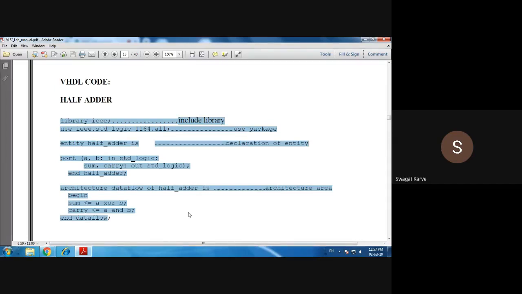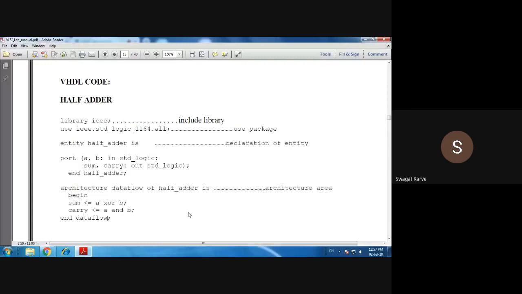Simple 11 line program, you are required to design a simple half adder circuit. Now if I ask you to do the same thing with the help of different ICs on a breadboard and different connections, how much time will it take? Or even if I ask you to design the half adder circuit with the help of a microprocessor, still it will take more than an 11 line program.